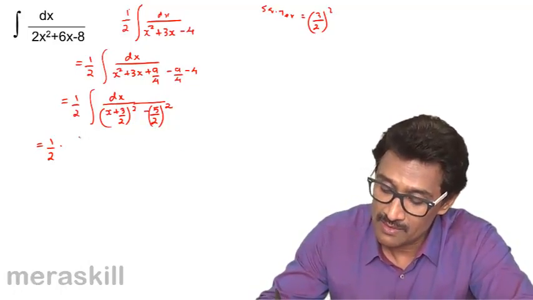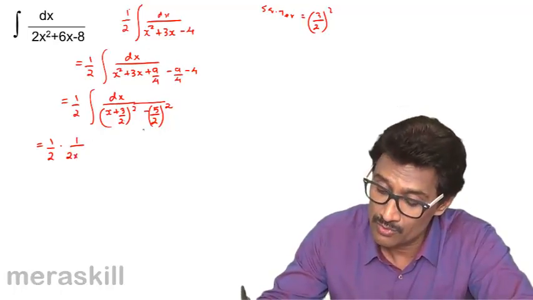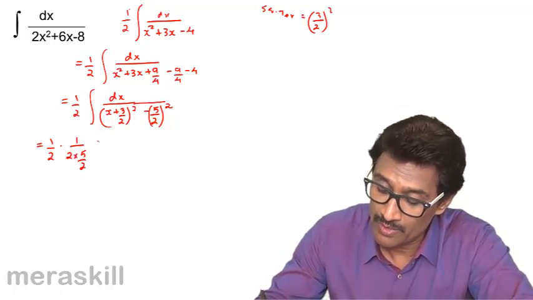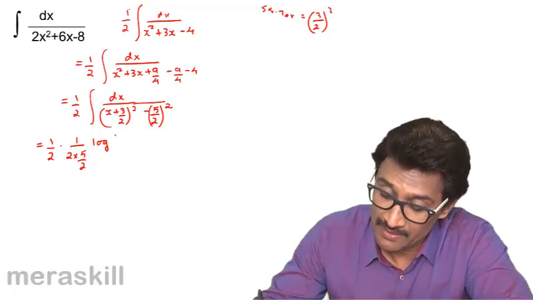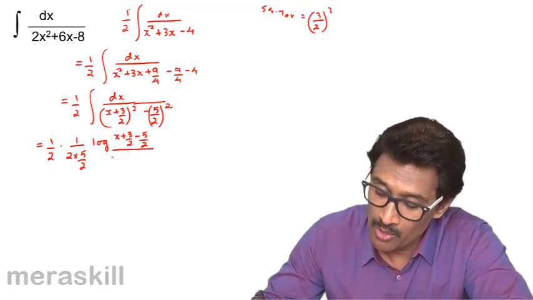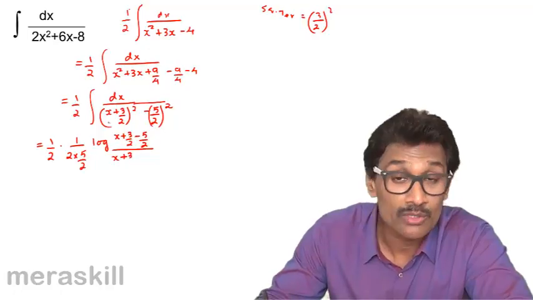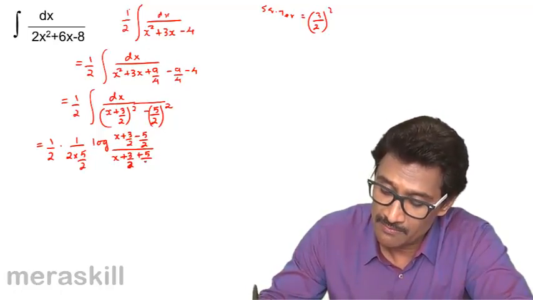So that is 1 upon 2 into a is 5 by 2, 5 by 2, into log of (x minus a), that is x plus 3 by 2 minus 5 by 2, upon (x plus a), this whole thing is x plus 3 by 2 plus 5 by 2,